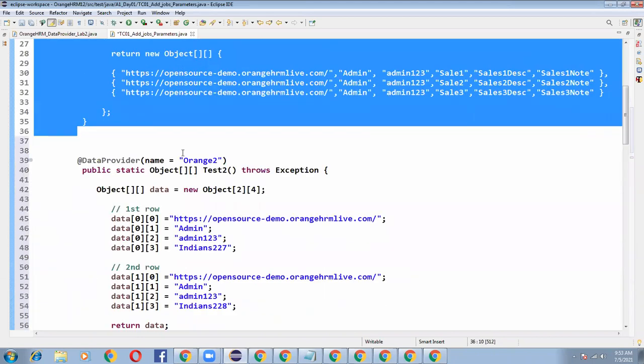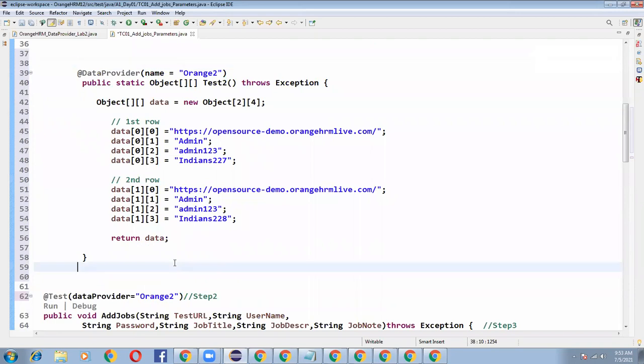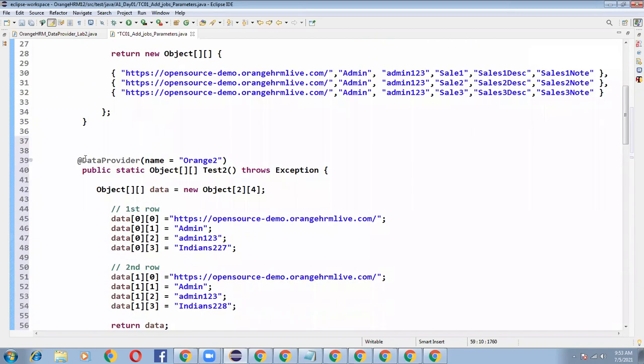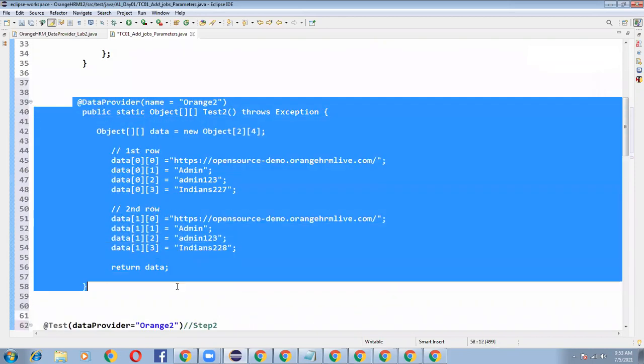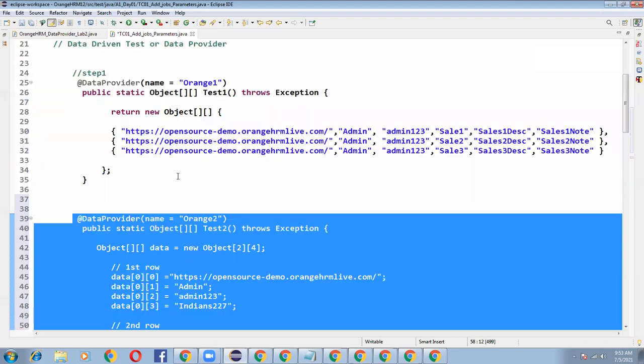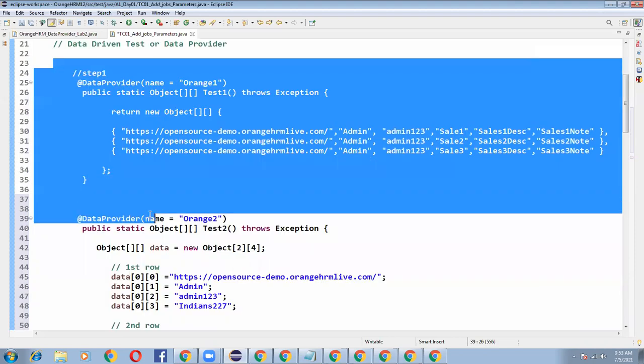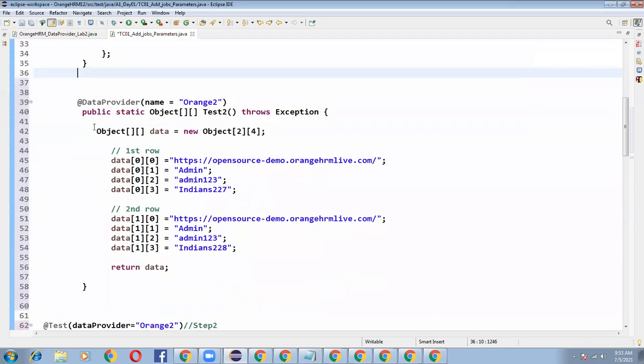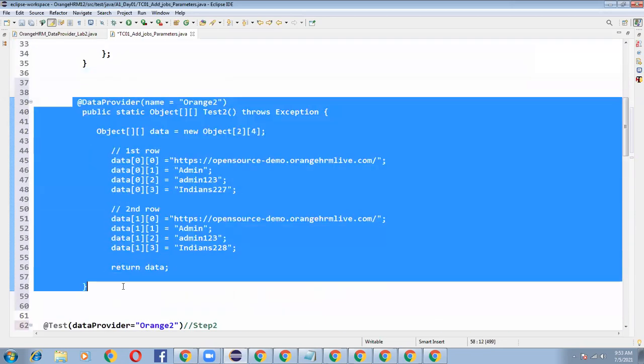Now let's understand the difference. Generally, if you go for any interviews, you can write the syntax of this approach only, because most of the people are aware of this syntax only. Other people don't know about this syntax. This is the easiest way, and this is also another approach to write a data provider syntax.